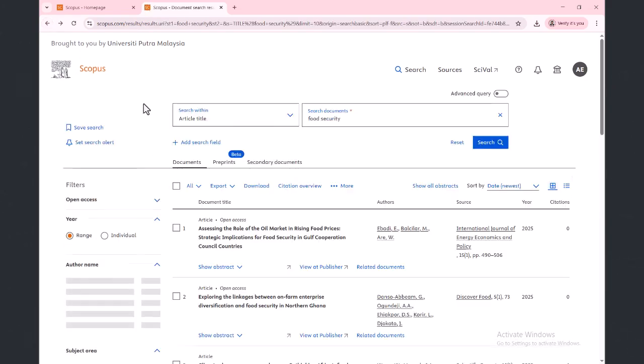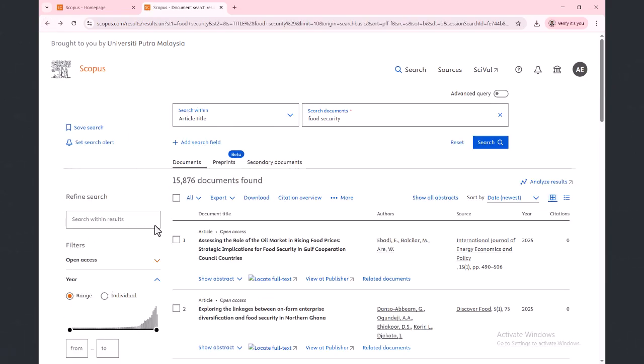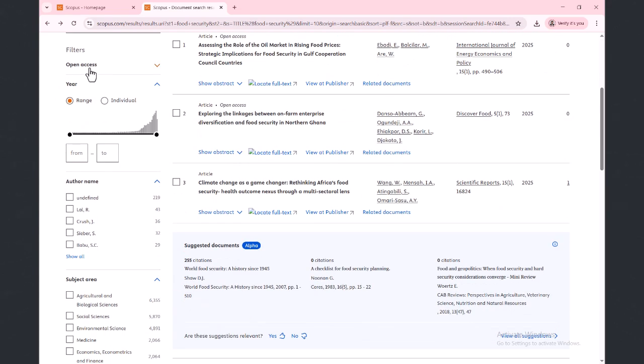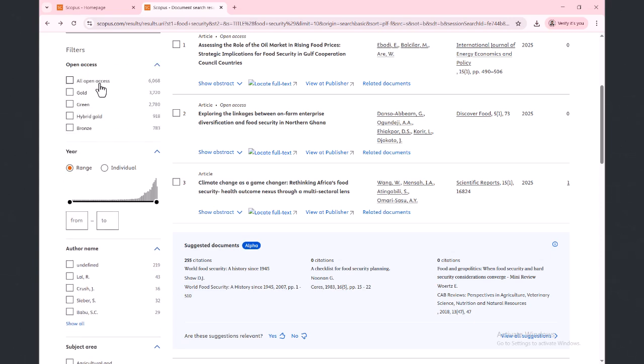And also here you can see the filters. If you want to use these filters, you can use them for referencing. For example, if you want to download only the open access files, then about 6,068 files are open access, which means you can download them for free. If you want to specify the years, for example, from 2001 to 2025, then you can find all the documents